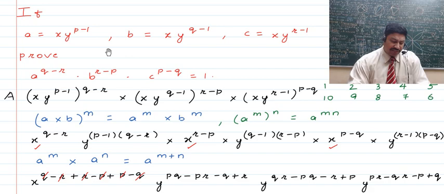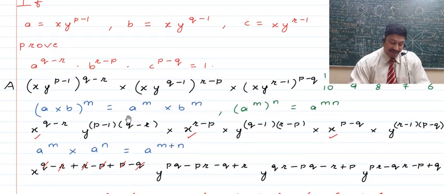Now next here what we do is we keep the value of a, which has been given to us, whole raised to the power q minus r. Similarly, we have the value of b, which is this, whole raised to the power r minus p. Similarly, we have c to be this, which is whole raised to the power p minus q. So we've just kept the value of a, b and c as has been given to us. Now children, we use this rule that if we have the product of two numbers whose whole power is some other number, then the number will become the product of both the numbers raised to that same power. So this is what we have to do.